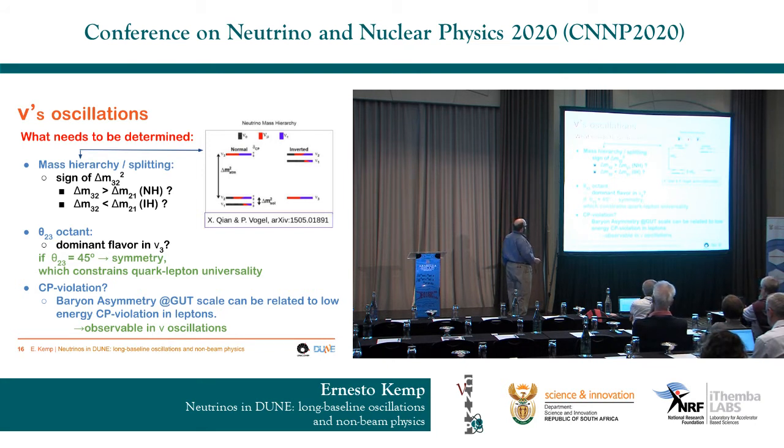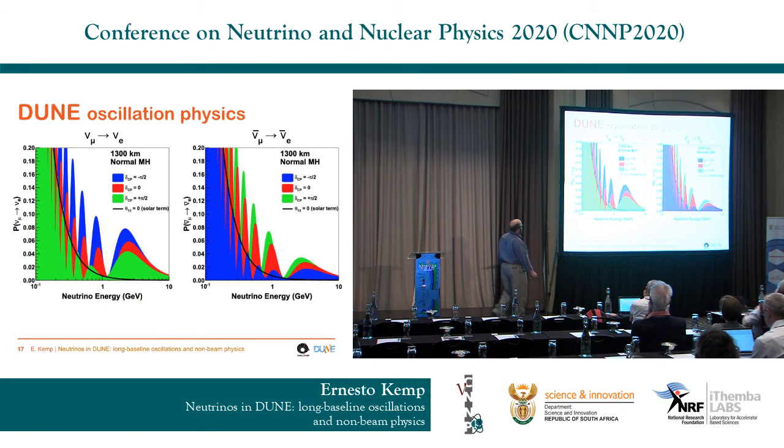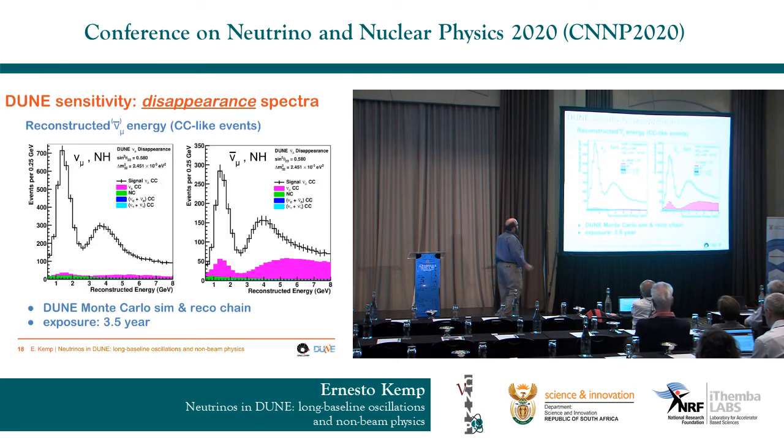Another feature is the CP violation that can precede the baryon number violation, the first instance of the universe, and this can be assessed by observation of the CP violation in neutrino oscillations. So this is just to show you the difference in particles and appearance of particles and antiparticles. That is the different degree of suppression in the flux in the energy range of the neutrino beam that is shot to DUNE.